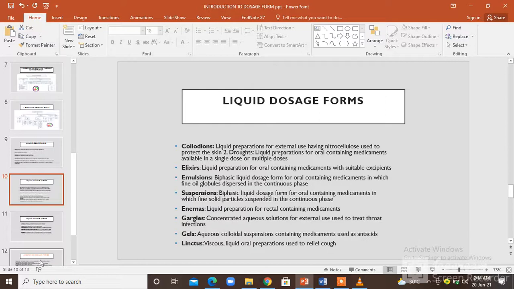And the elixirs are also an example of the liquid dosage form, and these are liquid preparations that are used for the oral